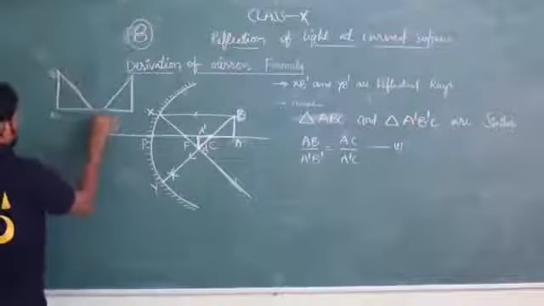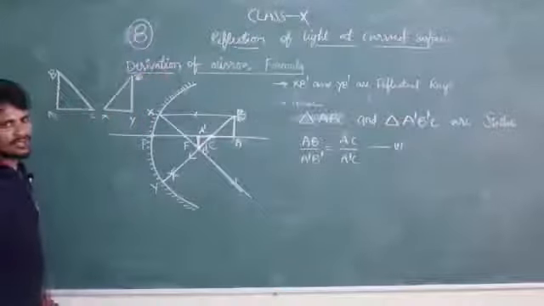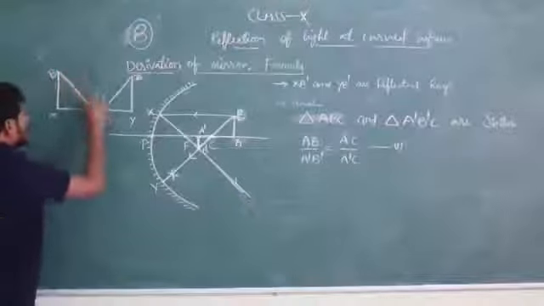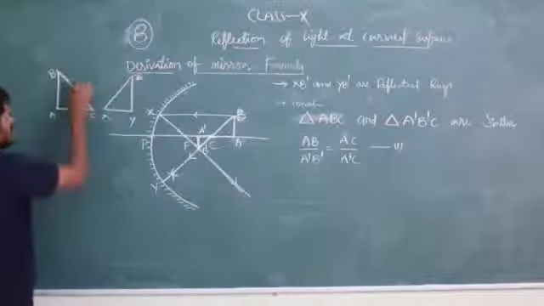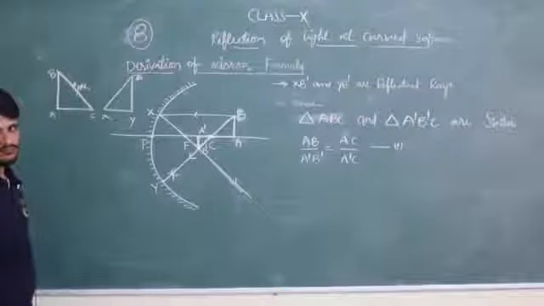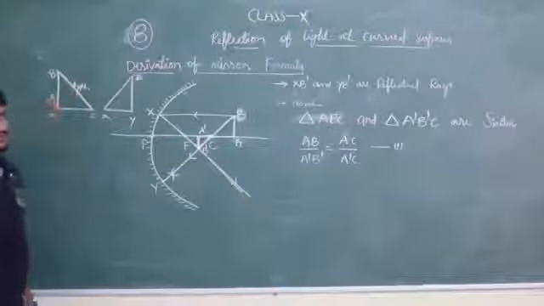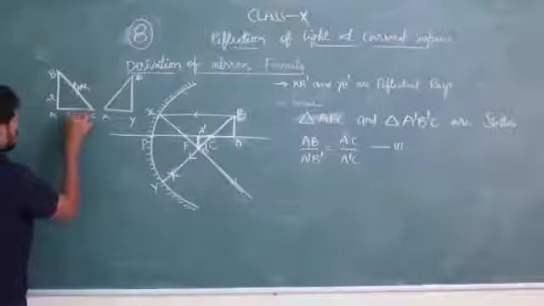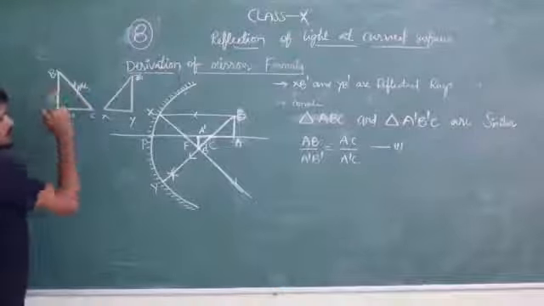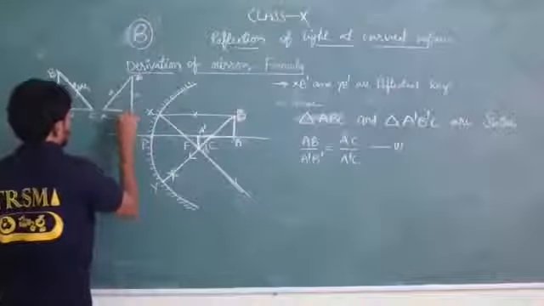ABC, XYZ, two right angles, both are what? Right angles. We know that what is this side, what is this side, and what is this one. So this is a hypotenuse, we know very well. And this one is opposite side. And the base, this is adjacent side. Hypotenuse, adjacent, opposite. And here also hypotenuse, opposite and adjacent.